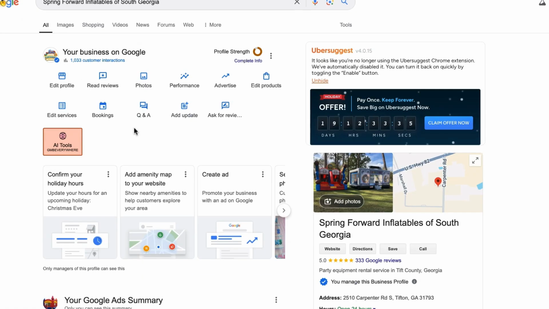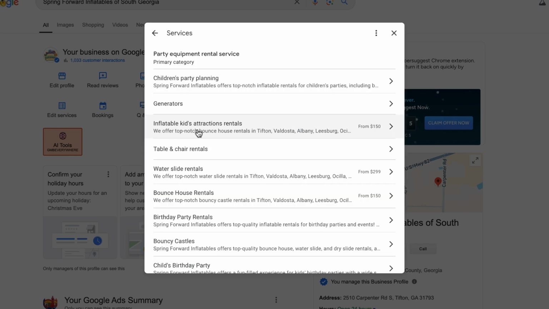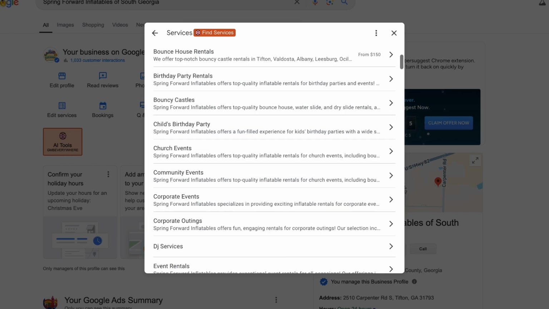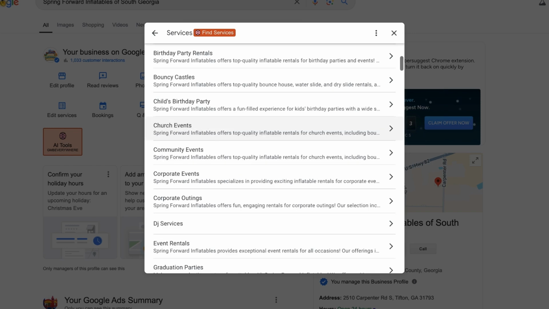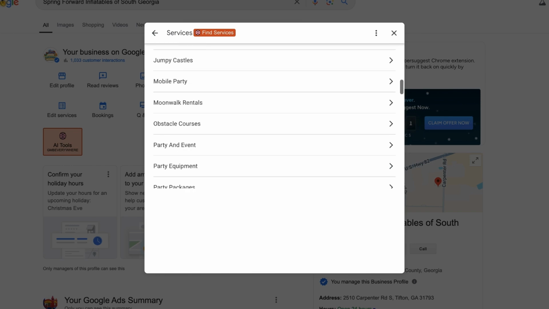Matter of fact, Austin, I'm going to go in here and I'm going to share. This is my bounce house business website on Google. So you're going to go into your edit services and then you'll see right there. Now your main category is party equipment rental service. Under here though, you're going to scroll down. You can see all the different ones I have. Let me show them how to do it real quick, Austin. So what you're going to do is